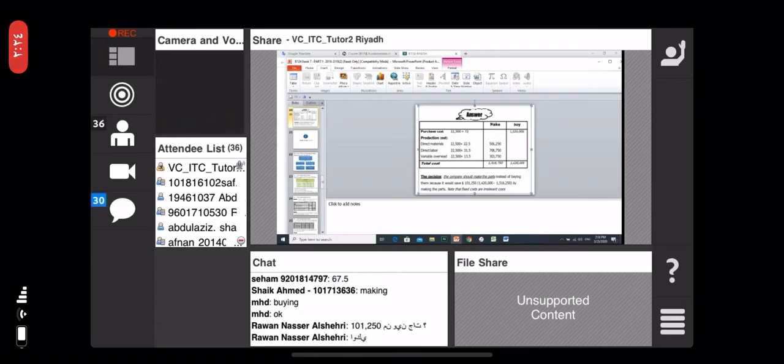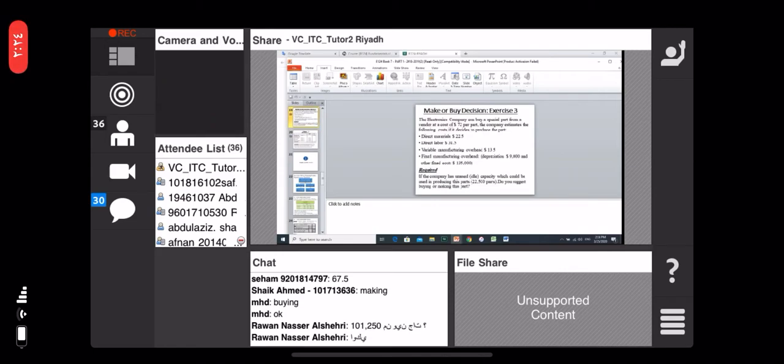He said here how many units he wants: 22,500. You can make your decision by units, or you can make your decision by the total amount of units. So if you need to find the total amount by all units,